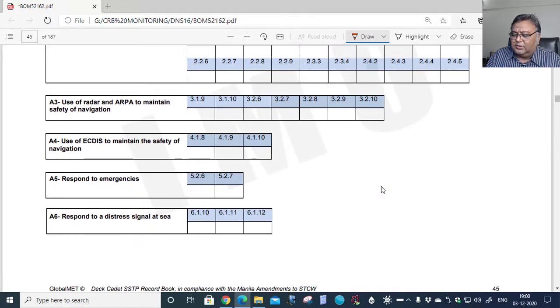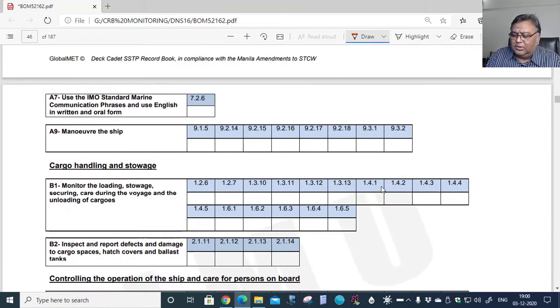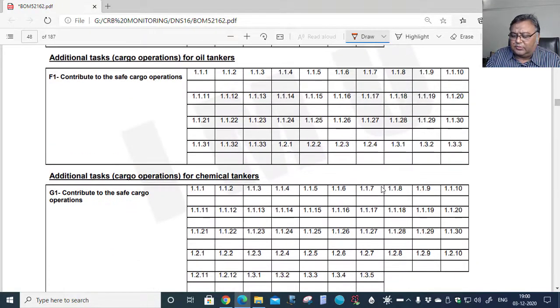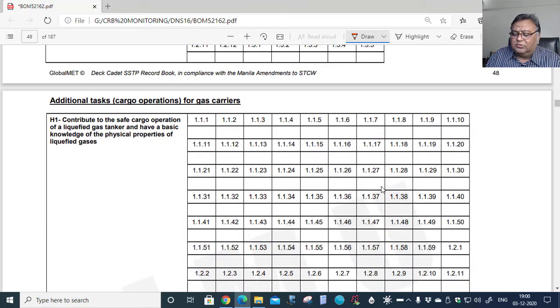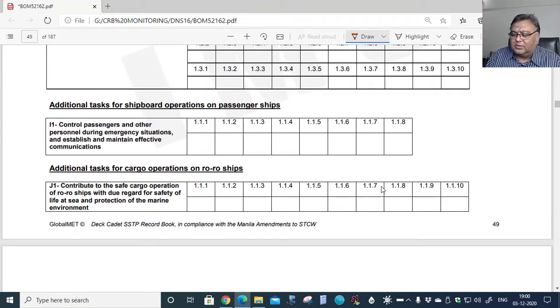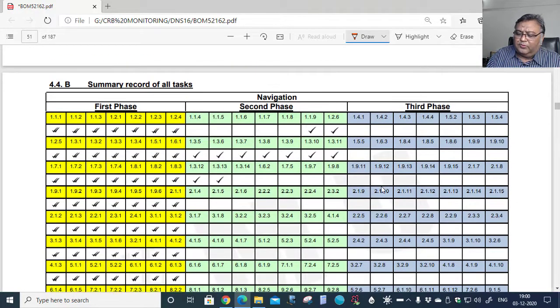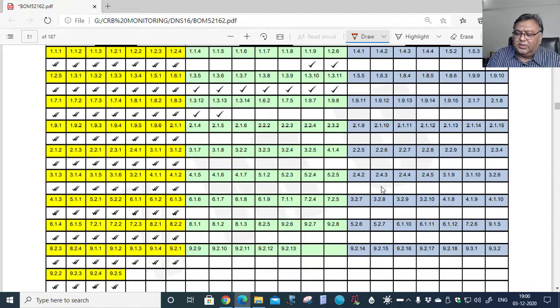So we'll come to the tasks, which are divided into phase 1, phase 2 and phase 3. As you keep progressing with your training, you are supposed to complete the tasks, and also depending on the type of ship you are on, for example a chemical tanker, gas tanker and so on. Now this 4.4 gives the bird's eye view.